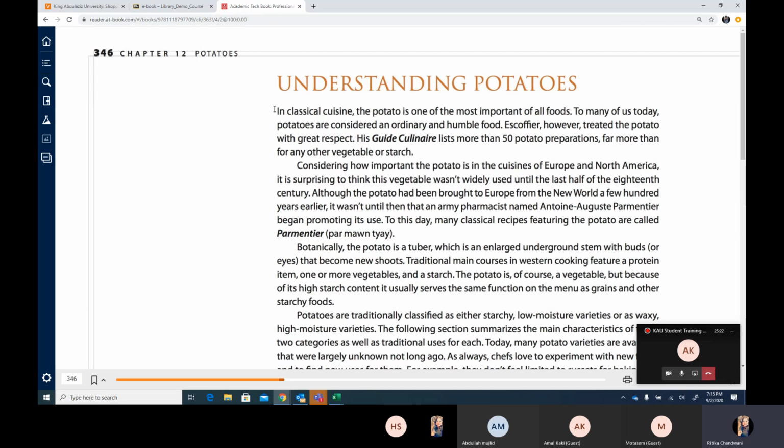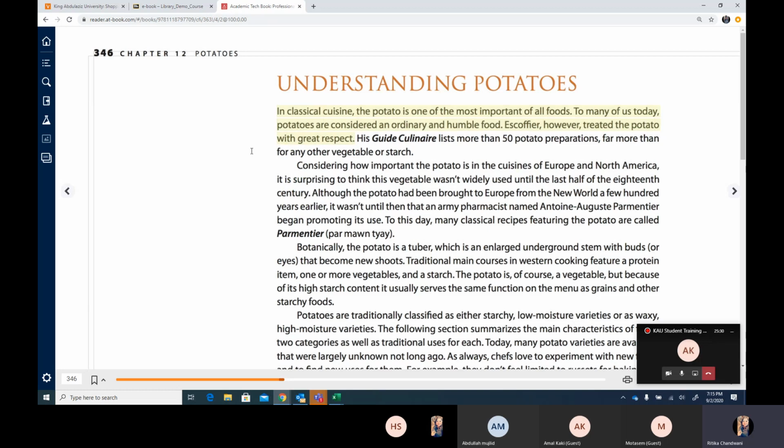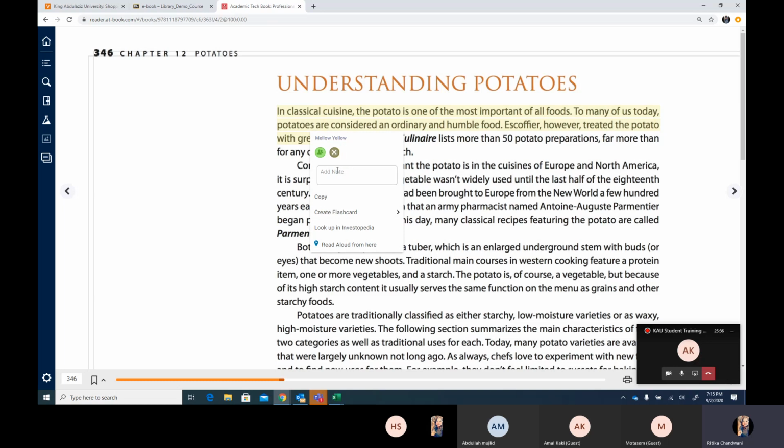One way is I just simply select the text, and when I hover over it, I can see the colors here. So I can color it in yellow. Now I also want to add a note to it. So when I click, I can see add note. Over here, I can write